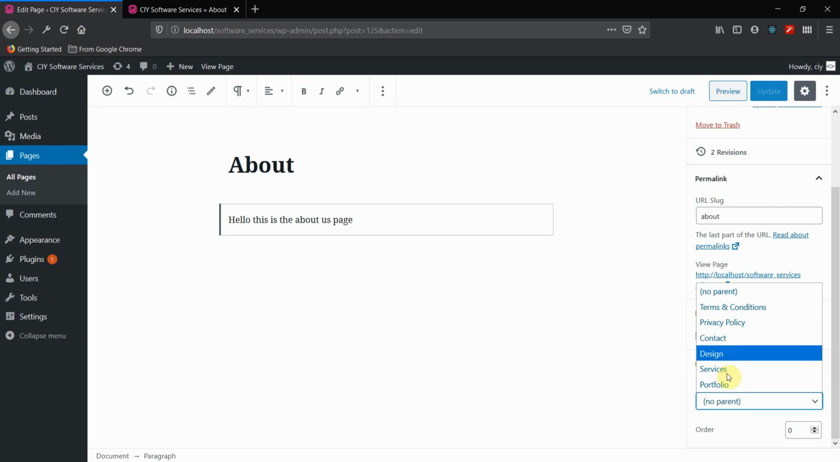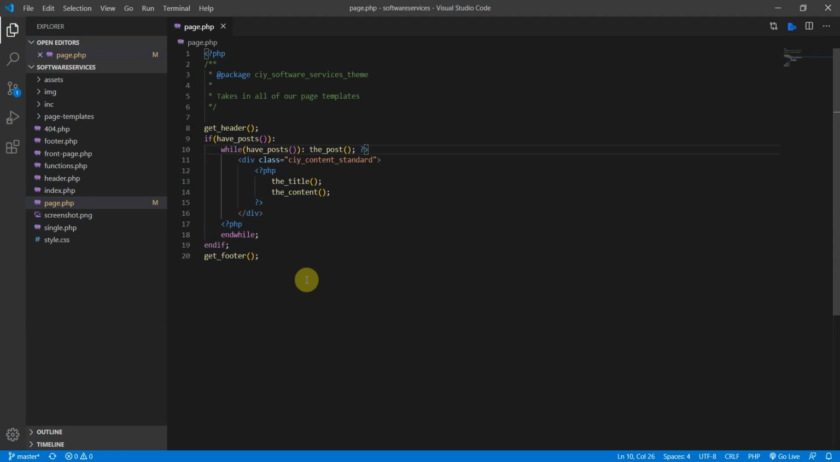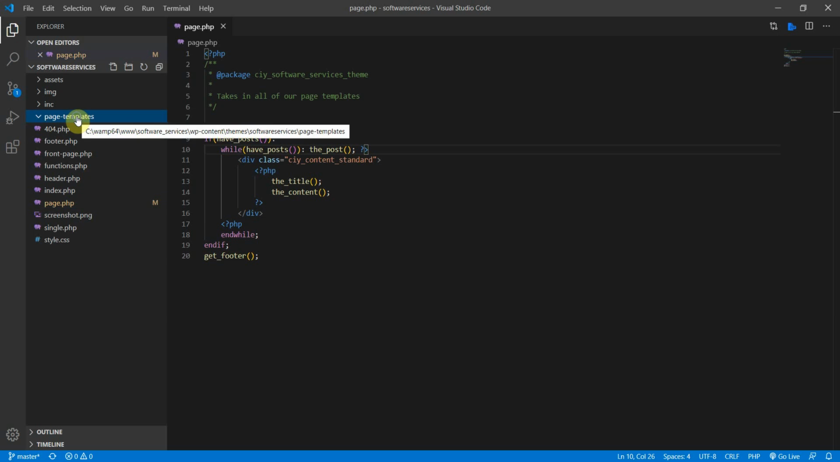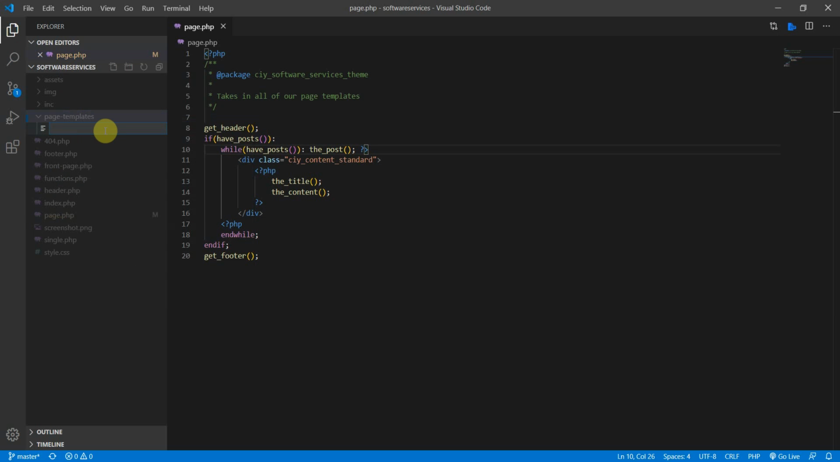Services design, nothing there, right? So let's move on, and let's go back to our backend. And in the file here for page templates, we're going to create a new file. And the structure here is you first have to put in page, and then hyphen, and the name of the